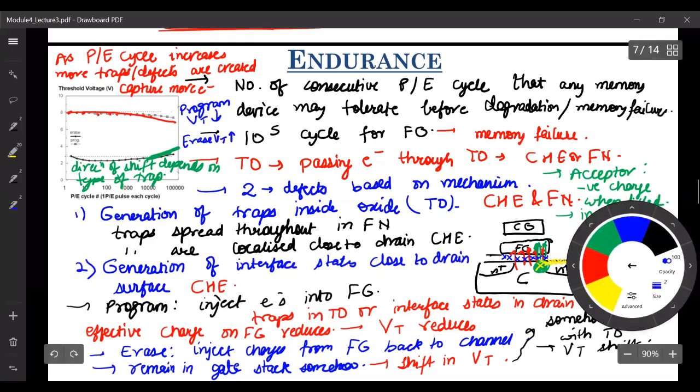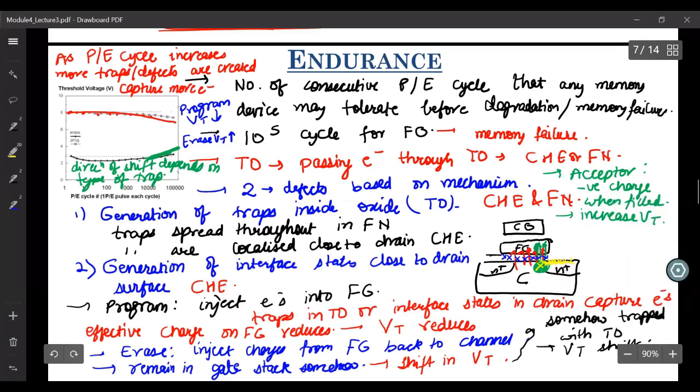If this increase or decrease is too much, you can end up in a case where this is reducing and this is increasing, and these two merge. That is called collapsing of memory window